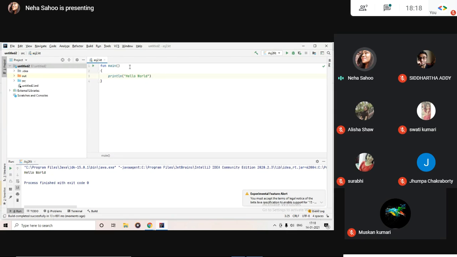We have worked with this main function earlier as well. If you want, you can always declare its return type. I have said that void is basically known as Unit in Kotlin. Write Unit here. It would work the same.